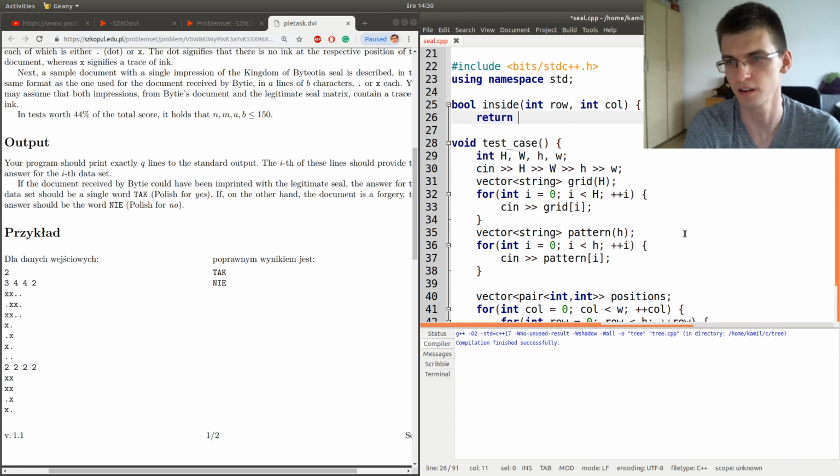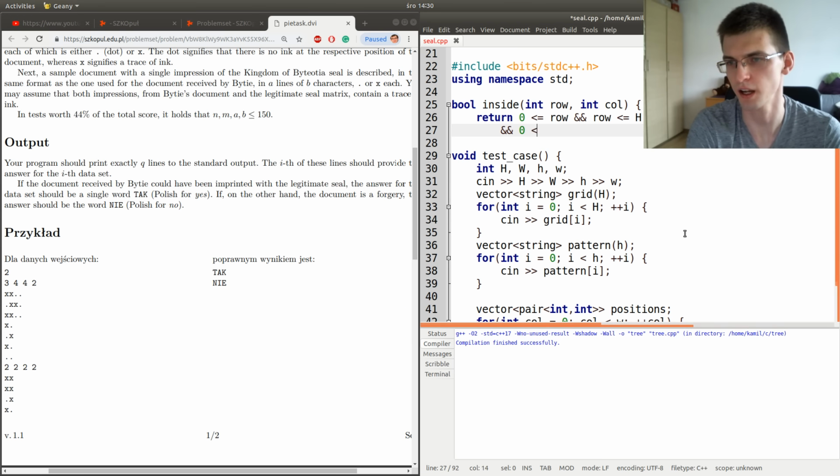If row is between 0 and height minus 1, and similarly for column.